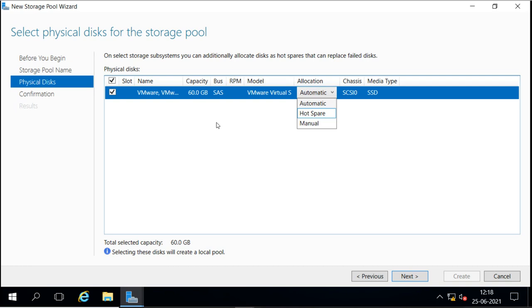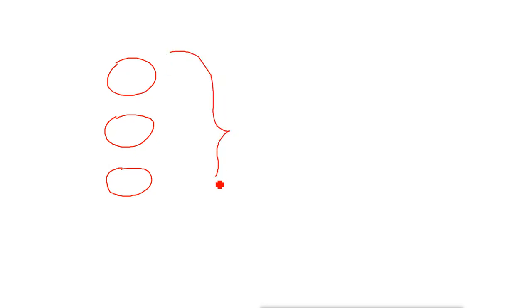Now mirror, if we use it, needs at least 2 disks to work properly. Suppose I have configured mirror here, and I have 2 physical disks connected. Now both the disks will be working properly. Now what happened? One disk goes down. For example, we configure RAID volume 5 or RAID volume 2. The minimum requirement for that will be 2 or 3. For example, the minimum requirement for RAID 5 is 3. So we are using 3 disks. Now 3 physical disks are working, and we have combined them to create a volume here.